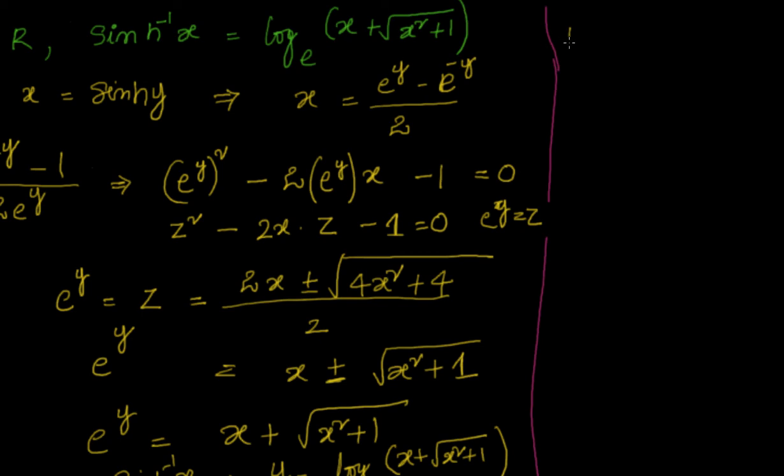So what we have done in the first method is we have taken y equal to sinh inverse x. Based on that we have proven that y is nothing but equal to this one. So we know that sinh inverse x equals this. Now what we will do, we will take the right hand side and try to prove the left hand side. What we want to do, let me just write it here so that you will understand.